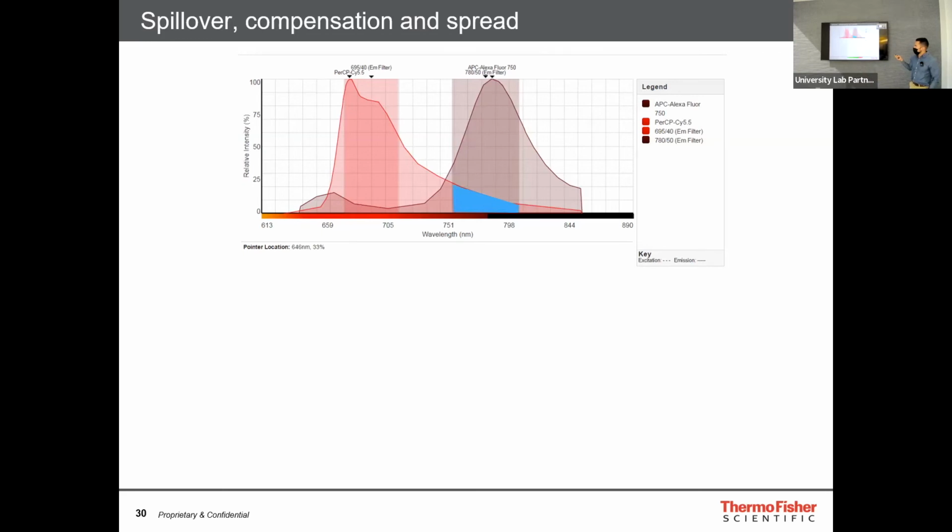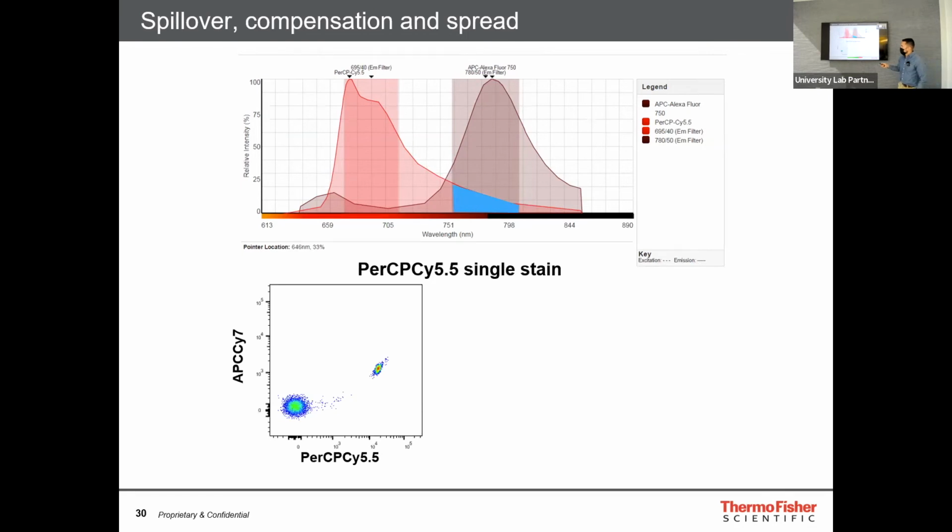And so I'll illustrate that with some data. So here's PerCP-Cy5.5, just PerCP-Cy5.5. There is no APC-Alexa Fluor 750. So I said there's only PerCP, so you should have a negative population. There's no APC-Cy7 on this, just PerCP. But you see that it's showing as if there's some signal, right? So here's your single stain control showing you that. This is why you need to compensate, because what you're seeing here is that difference